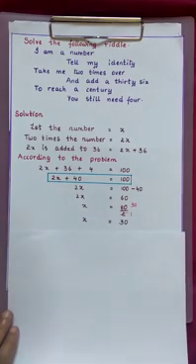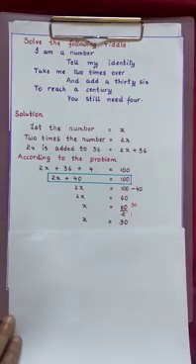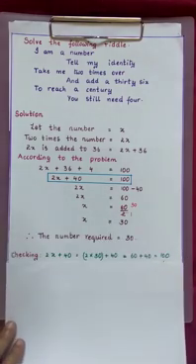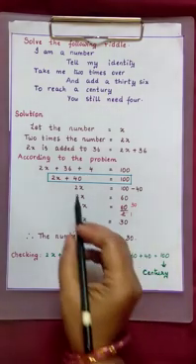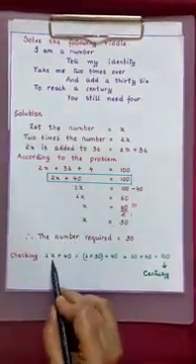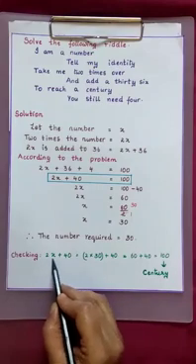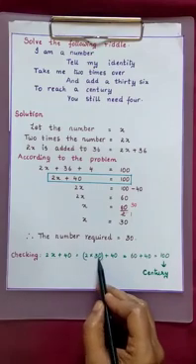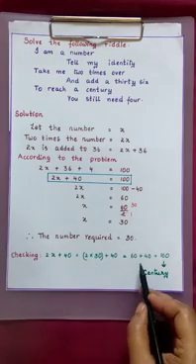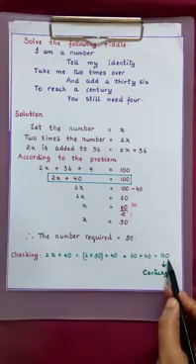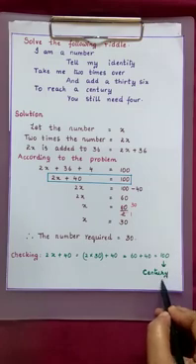So what is the value of x here? 30. So what is our required number? The required number is 30. Now you see the checking. Take the left hand side part, 2x plus 40. 2x means 2 into x. So 2 into 30 plus 40. 2 30s are 60. 60 plus 40, which is 100. So we got here 1 century.